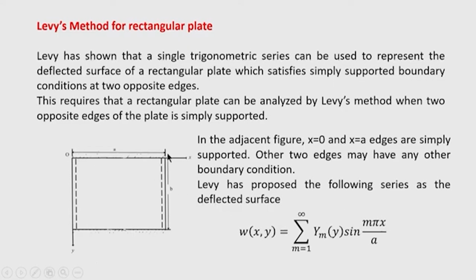So, in both the edges deflection is 0. When we consider the bending moment condition, the bending moment is given by minus D multiplied by the curvature in x direction plus mu into curvature in y direction. Since the plate is supported along the y direction, there will be no deflection along the y direction at the edge. Therefore, curvature is 0 along this x edge, x is equal to 0 or x is equal